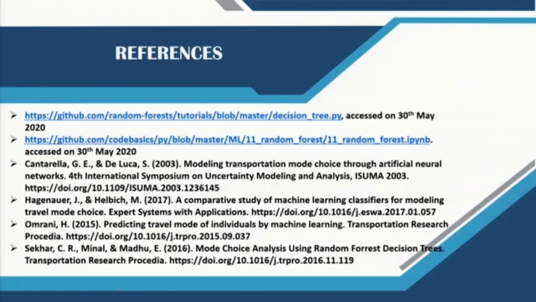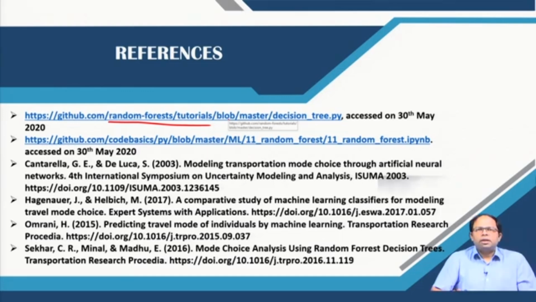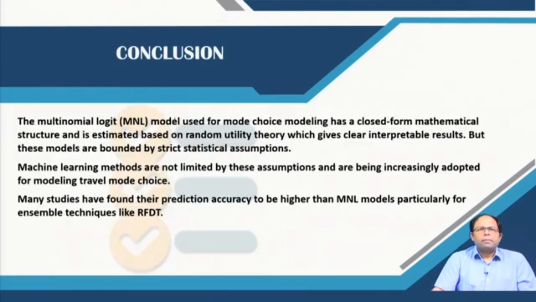These are some of the references you can look at. The first set of code is from GitHub, where a more elaborate code is given. You can access that. Using this code, you can also draw the decision trees in your outcome, so you can see the actual structure of the decision tree. Instead of just predicting the final outcome, you can see how the decisions have been taken. This is one reference you can follow. Similarly, I have given the references for random forest as well, and these are some of the other references.